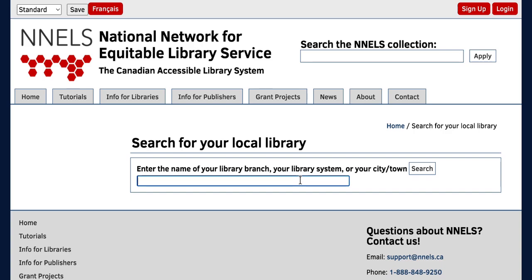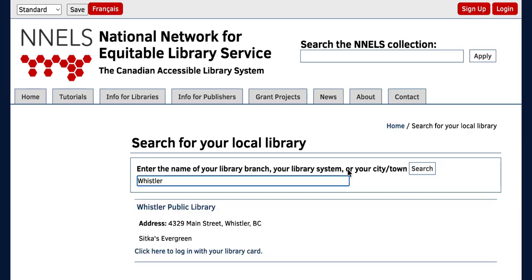I'm going to enter the search term Whistler. There is one search result and it has the link, click here to log in with your library card. This link text, click here to log in with your library card, is how you know your library has a connector. If I click on it,